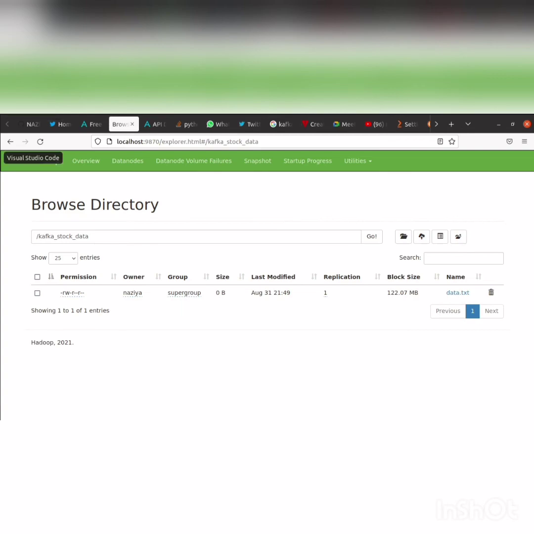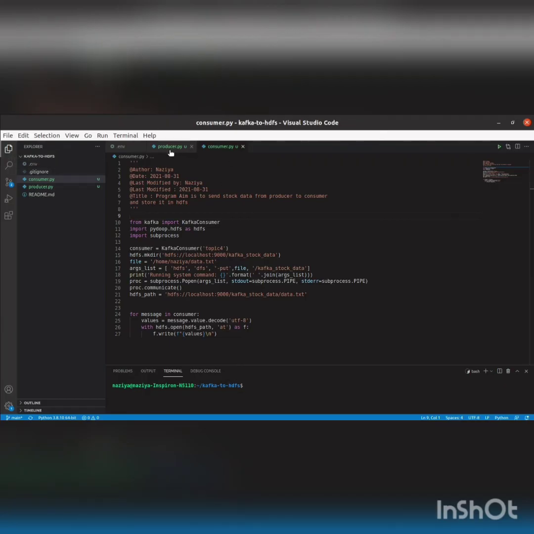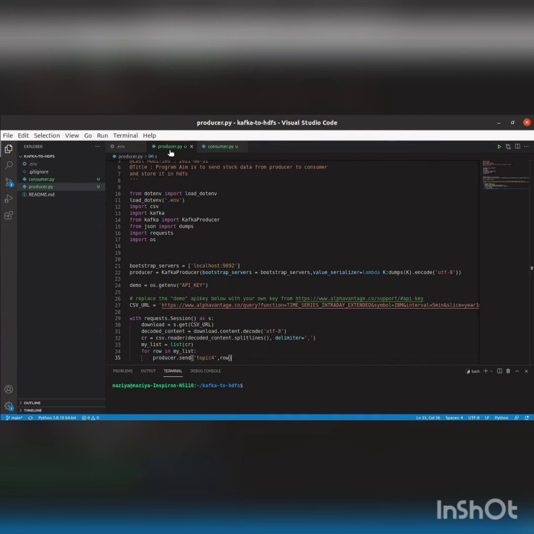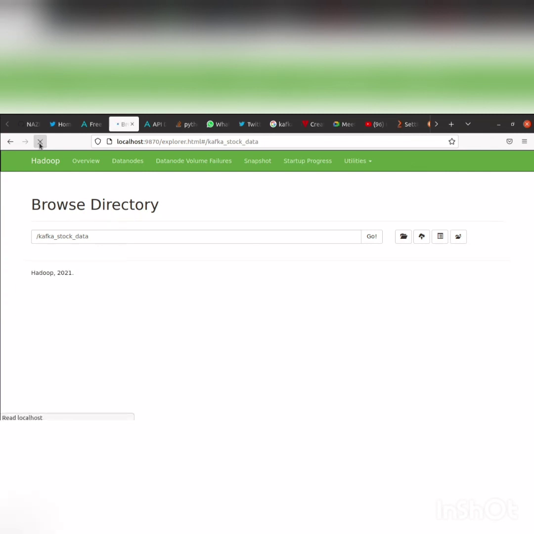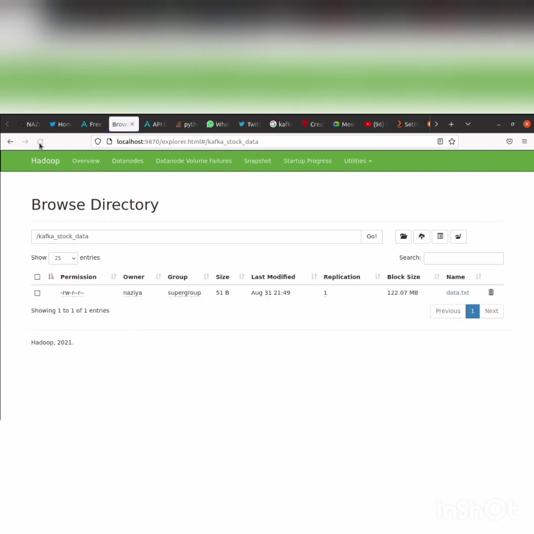Now we'll run this producer.py file, which will send the output to the consumer.py file, and then the program will start to write the data into HDFS. We'll refresh it. See, the size was earlier 0, now it's 51.